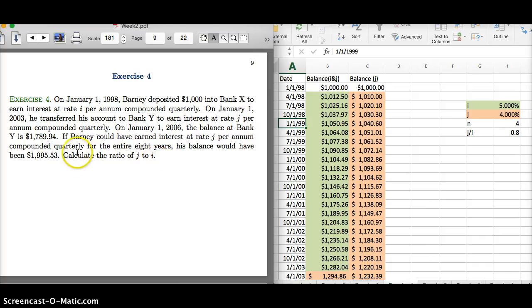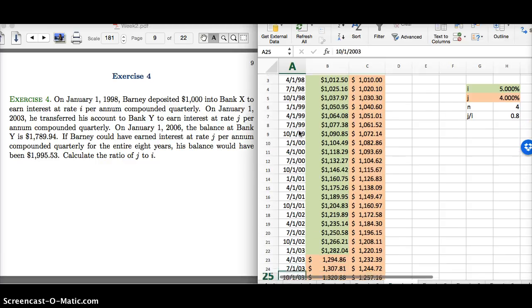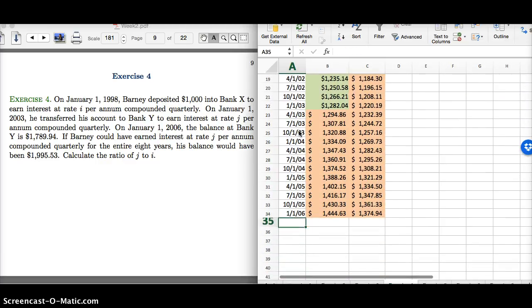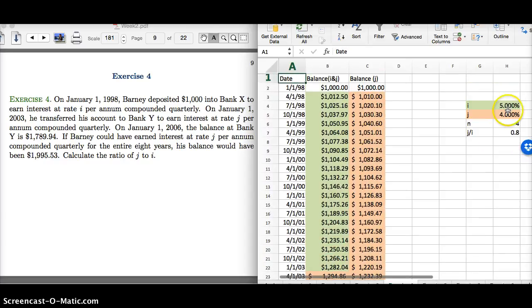We're going to see this through to January 1, 2006. So I have my timeline going all the way down to January 1, 2006. And I don't know I, so I'm going to start with a guess for I. And I'm going to take that initial deposit of $1,000 and add interest, so multiply by 1 plus I over n, where n is 4, to get the balance at the end of the next quarter. So that formula gets